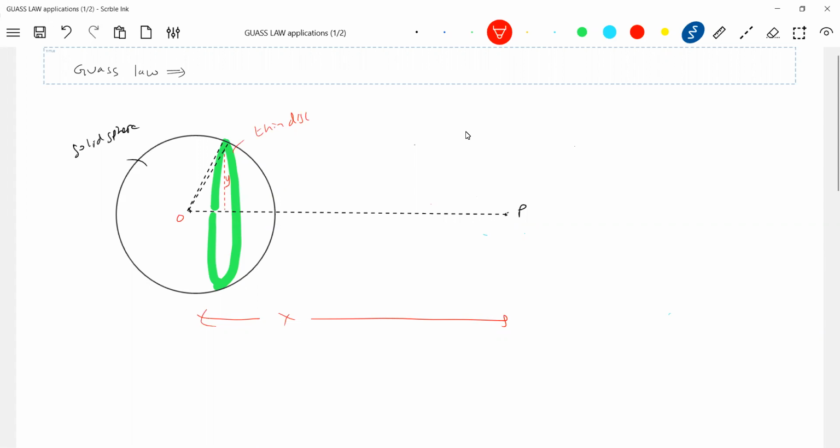First we should find out the field strength at point P due to this thin disc. We would get this one. Then we should integrate. Then we'll get the gravitational field strength at point P due to the total disc. And very lengthy calculations will be involved. To avoid this mathematics, I'll go for alternatives.